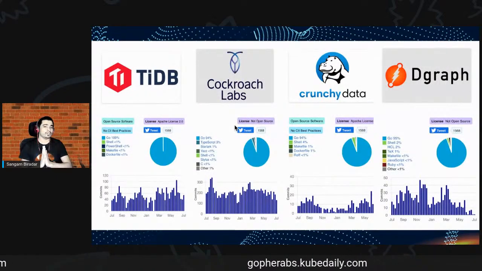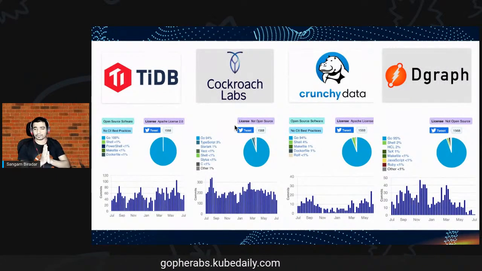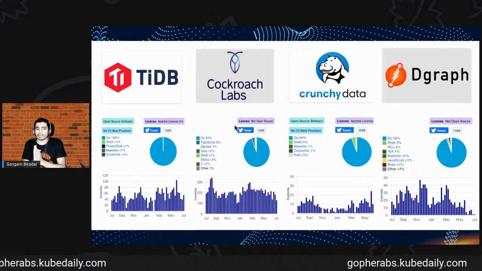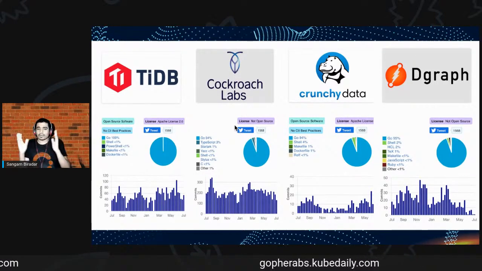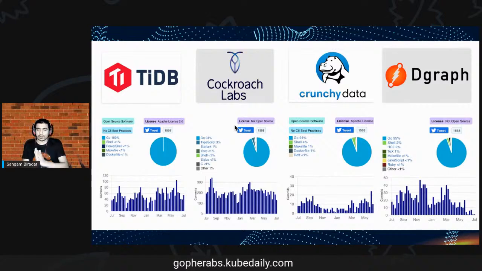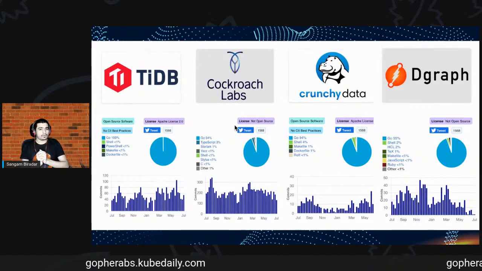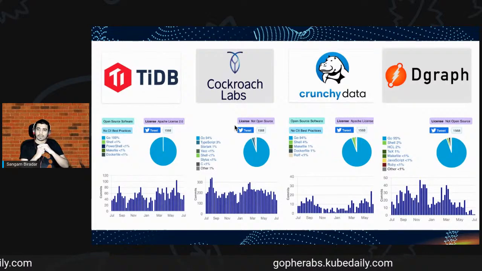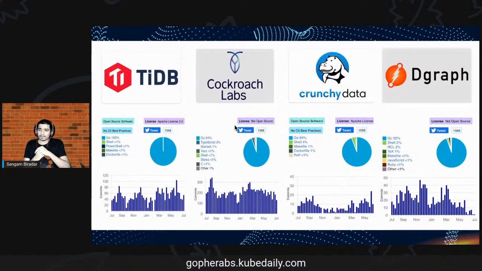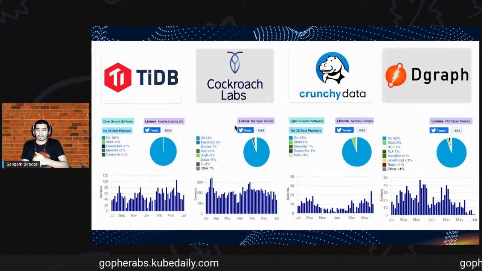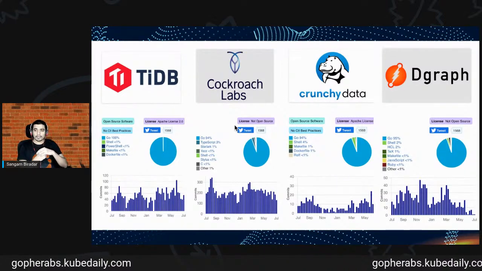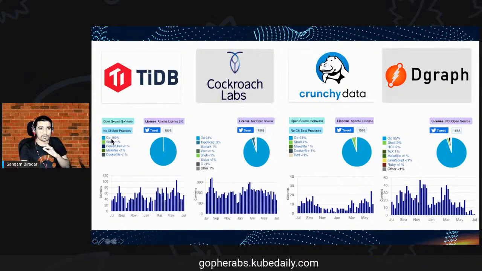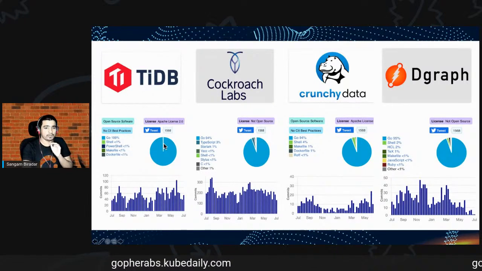It's just based on the code. If you go to the CNCF landscape website, you will see all this data. I have collected all the screenshots and framed them over this slide. So let's talk about TiDB. This is an open source database, and it is 100% written in Go. If you see on the screen, it's written entirely in Go.